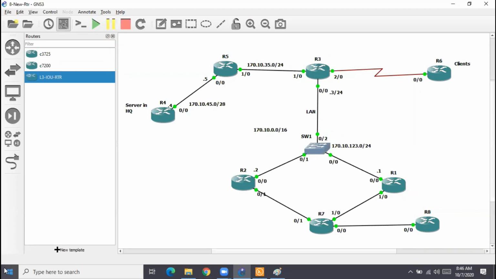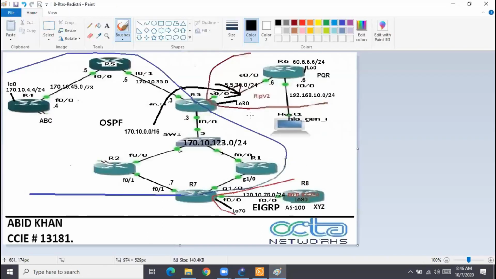Now, we have done redistribution on R3 and on R7. If you remember, I redistributed OSPF into EIGRP.